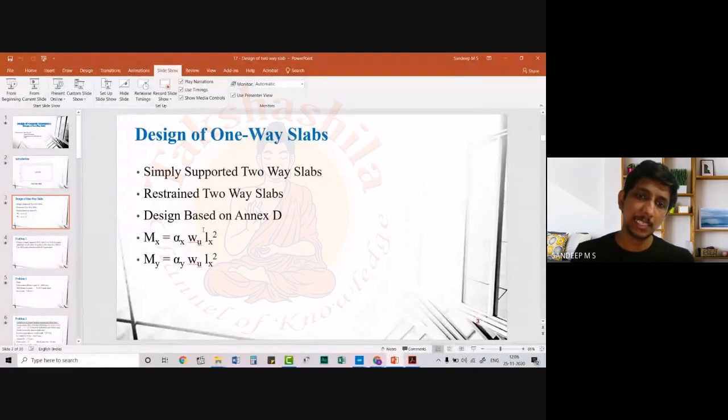So, design based on Annex D. First of all, let's see the design of a simply supported beam. After that, we will go to the restrained slab. Based on the design provisions given in Annex D, the first thing is we have to calculate the moment acting